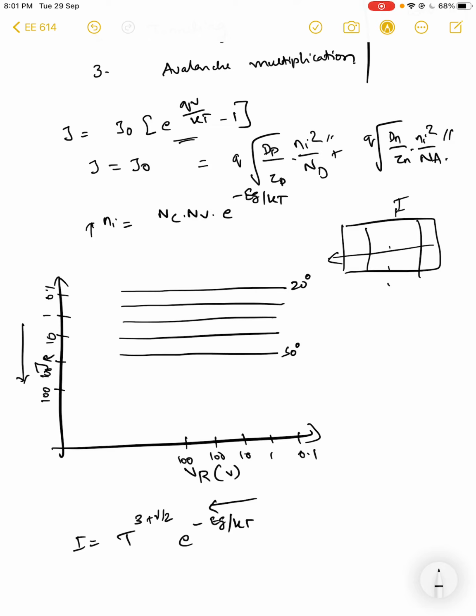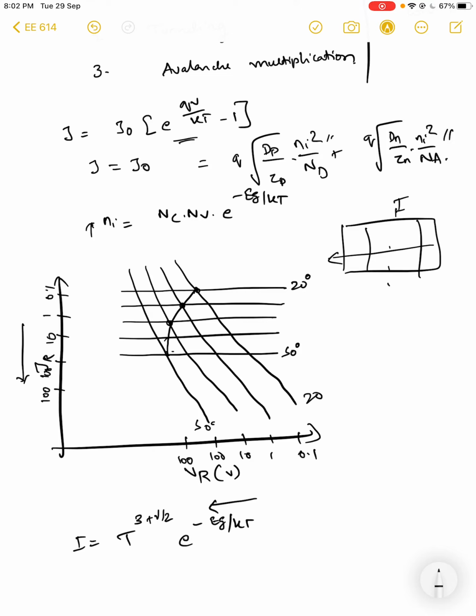Now with this given, you also have I square R losses giving you a particular temperature. The constant power lines at each given temperature can also be drawn, and under this log plot they appear as these straight lines, from 20 degrees all the way to 50 degrees. The system will occupy the points which are the intersection of these two, where the temperature matches with the power loss. So these constant power lines give you these temperatures, and the horizontal ones are the currents at those temperatures. These points are the operating points of the PN junction diode,